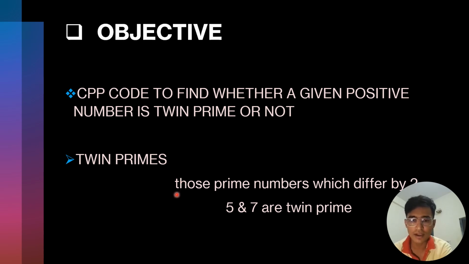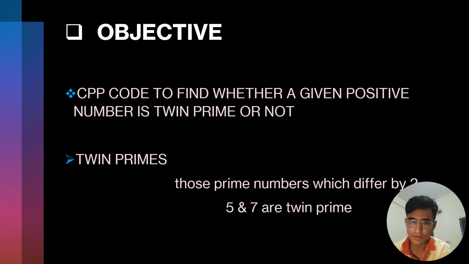Twin primes are prime numbers which differ by two. Twin primes are basically a pair of two numbers, and both of the numbers have to be prime numbers, and the difference between those two numbers has to be 2, like 5 and 7 are twin primes. 5 and 7 both are prime numbers, we know, and the difference between them is 2, so they satisfy the condition